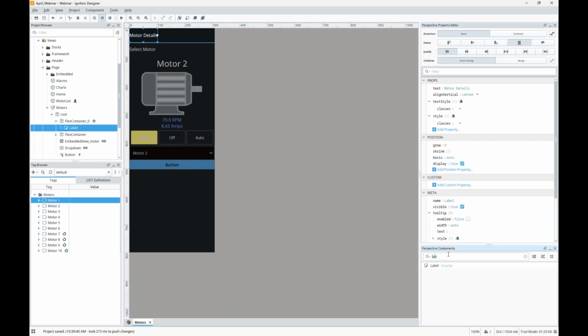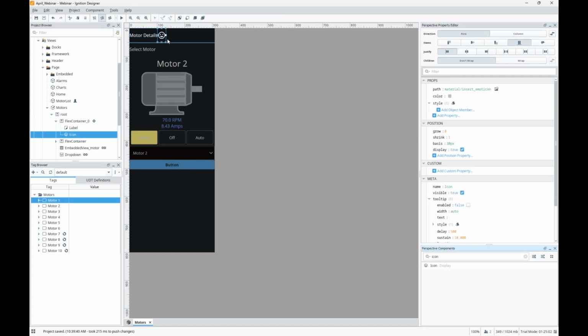The next thing I want to do is let's add an icon in here. And what I want to do with this icon is just add a little bit more context for the end user. I want it to show something when I hover, and then when I right click on this, I want it to bring up a menu that takes you to a motor's PDF, right? That maybe correlates to the motor we're showing here, or a troubleshooting guide for this motor. So let's go ahead and change this icon to the info icon.